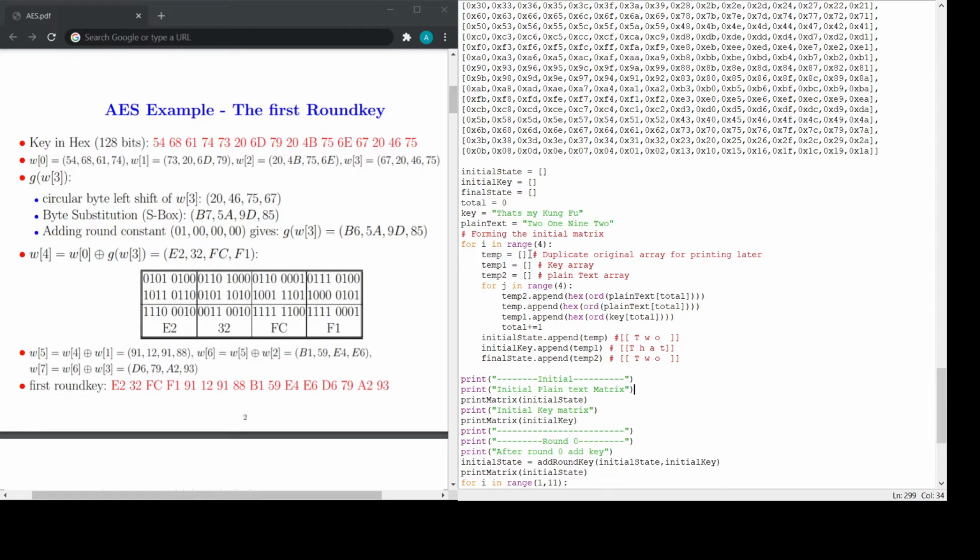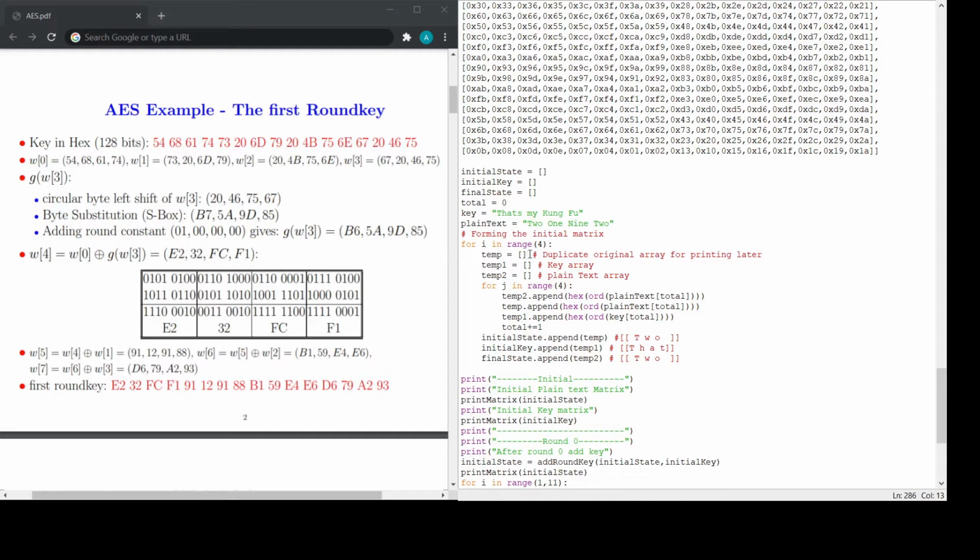The temp array stores the original plaintext matrix to print later. Temp1 stores the hex values of the key for the current 4 characters. Temp2 does the same for plaintext. And total stores the count of characters processed, which in turn gives us the next character to process.